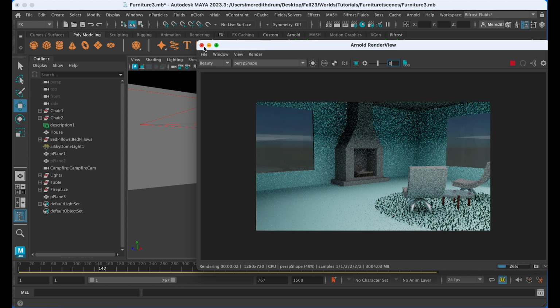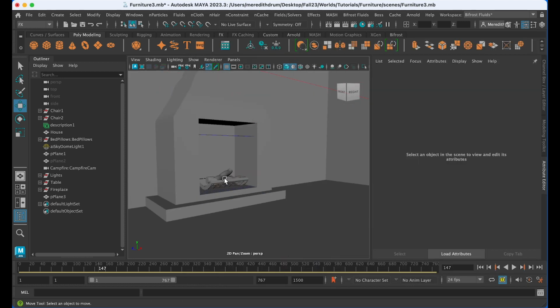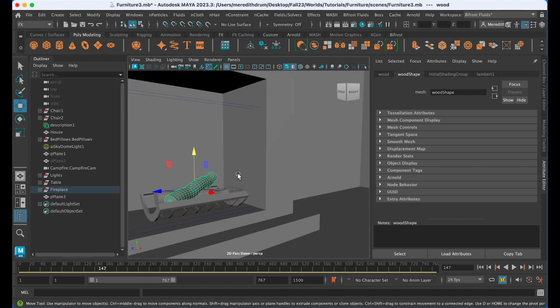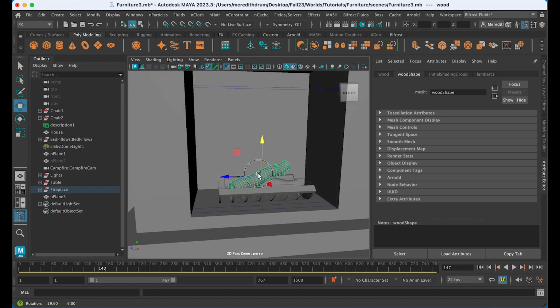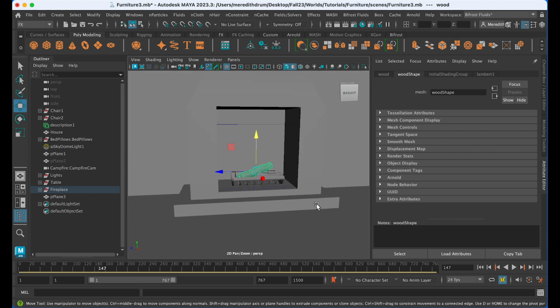Okay, so zooming in here, I just made some really not very attractive logs by making some cylinders and shaping them a little bit with the soft select. But we're going to make an automatic fire. We're going to borrow a pre-made fire. There's lots of ways to make fire that are harder than other ways, so just bear with me. We'll do some more fluid stuff later.